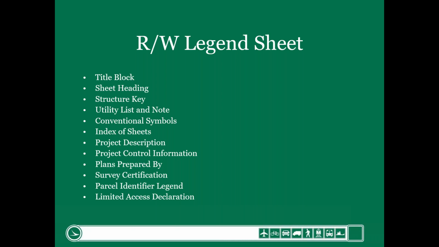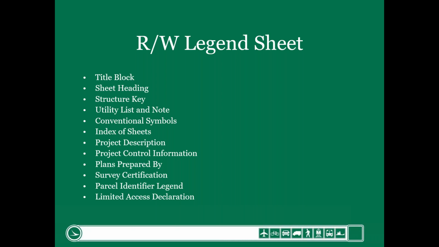We do have projects that are just construction plans because we don't have to acquire right-of-way, such as a resurfacing job and things of that nature. Anything that we can do within our own existing right-of-way, we generally won't have a set of right-of-way plans. So right-of-way plans, again, only pertain if we're going to acquire real estate from the abutting property owner.